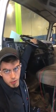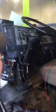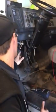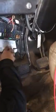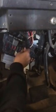Next thing we're going to do is, if I show you right here, I'm pressing the horn. There's a click in the relay. I'm not sure if you can hear it, but the horn's not actually working. So I'm going to come up here and check the fuses. Right here we can look, and it's got our little key, and it tells us which fuse goes to what thing. So I'm seeing F7 goes to the horn right here. I'm going to grab F7 out,